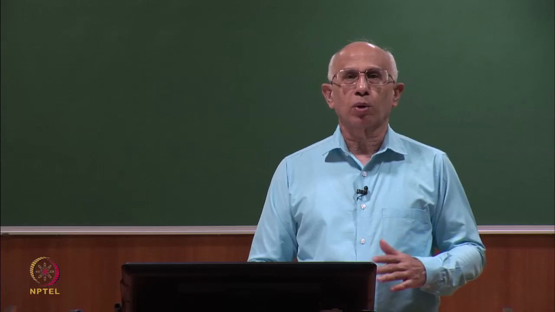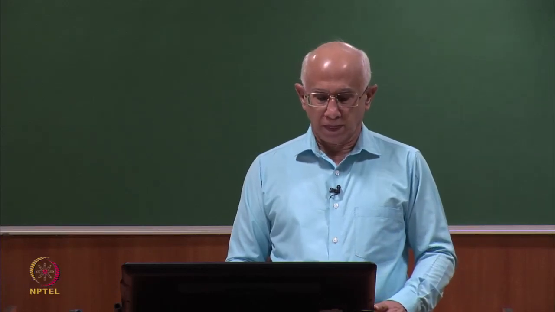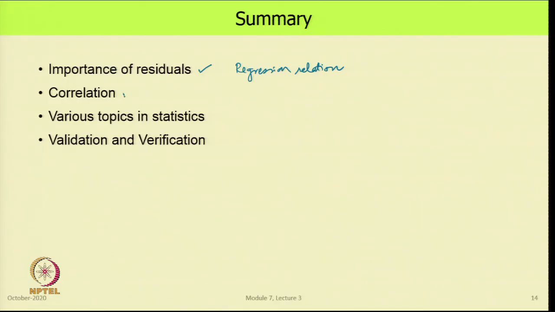Do not just blindly put in a linear regression. Then we looked at correlations, looked at the basic aspects of that. Then we realized that there are many more topics in statistics which are required for many other things beyond just looking at uncertainty. And we concluded by saying what is validation and verification in the context of engineering work